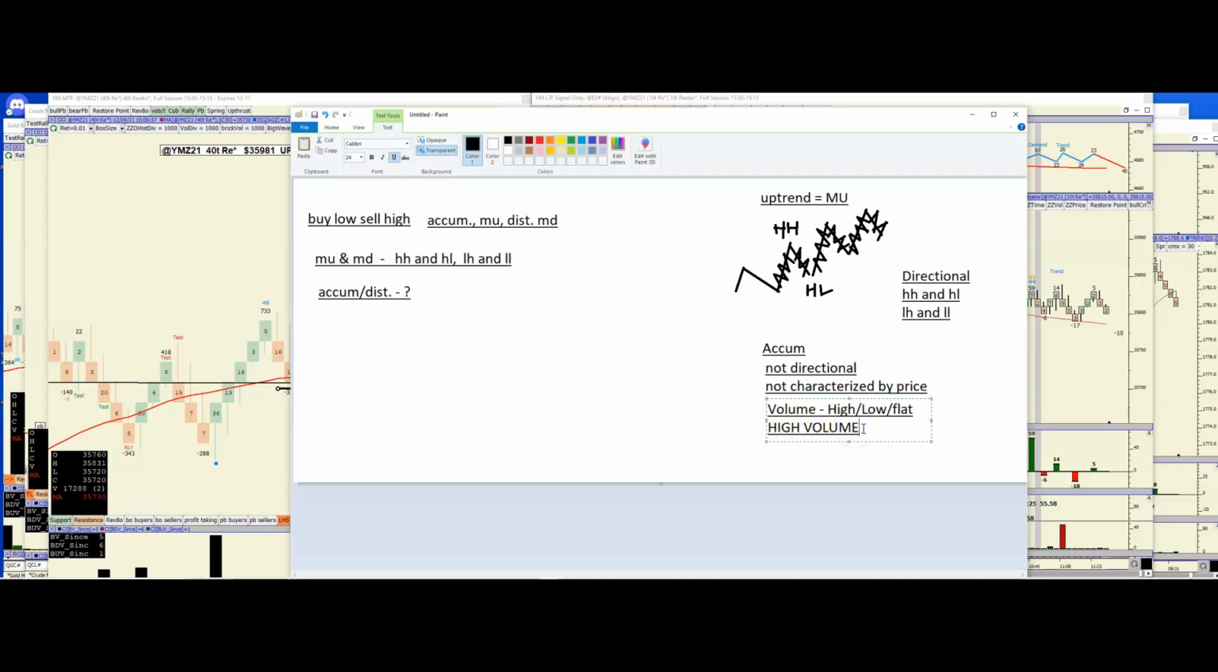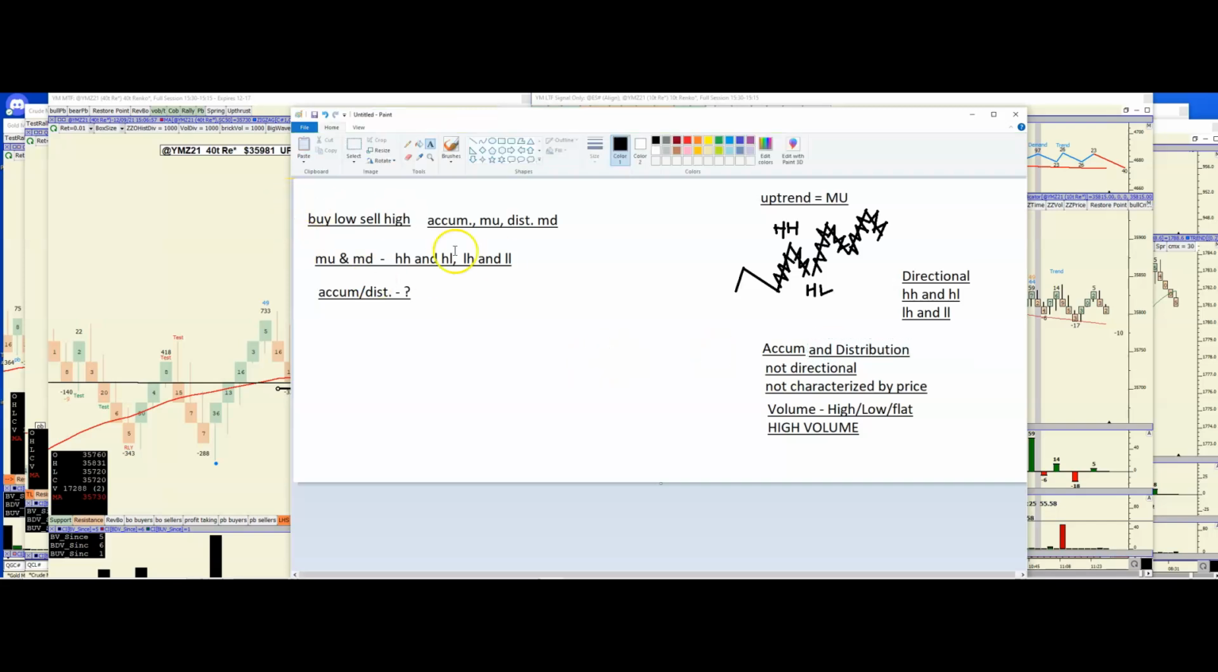It is also not trend. Therefore, it's before trend and characterized by volume. It's not price-based, it's volume. All right. So high volume is the key to understanding accumulation and distribution. All right. So now to recap again, buy low, sell high is nothing more